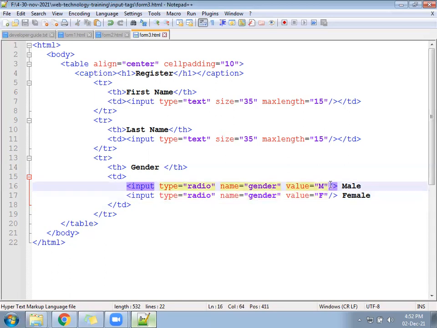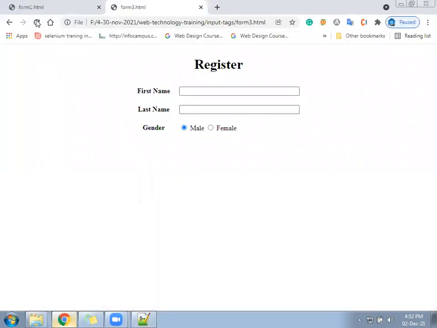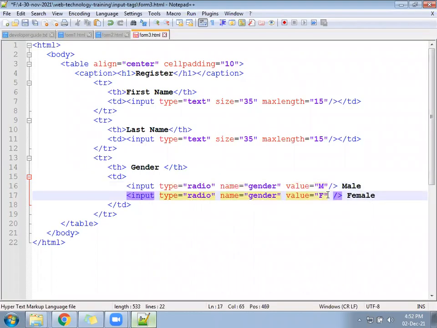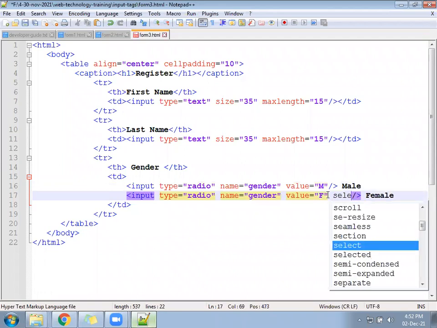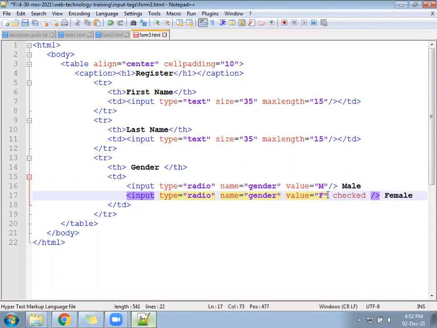Now out of both, in case you want anyone to be selected by default, suppose I run this page and it is not showing anything selected. In case you want to make anyone selected by default, for example female itself, selected, not selected, it's called checked. The property name is checked. Apply that.